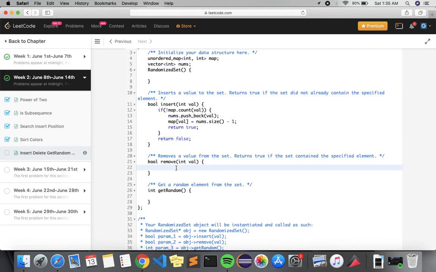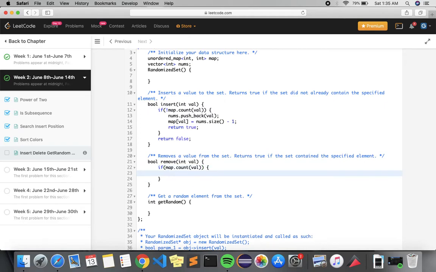Now we have to implement the remove operation. Return true if the set contains the specified element. So we have to check again if it is present or not. If it is present, then we have to delete it. Now I have to delete from the array in O(1) time.